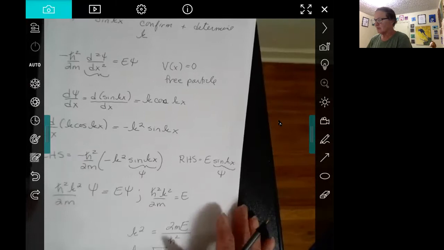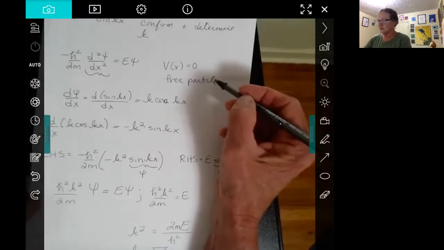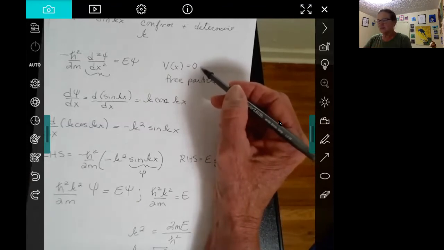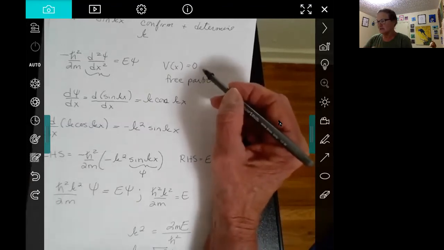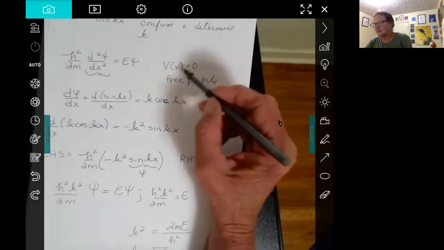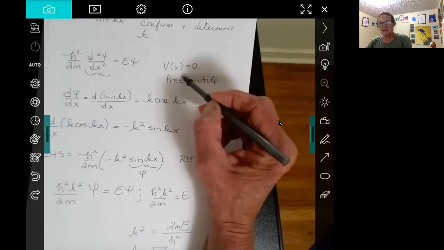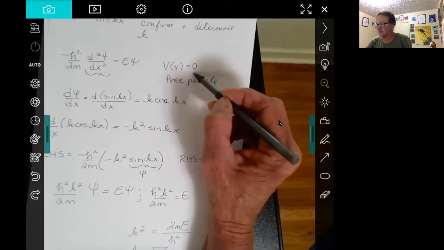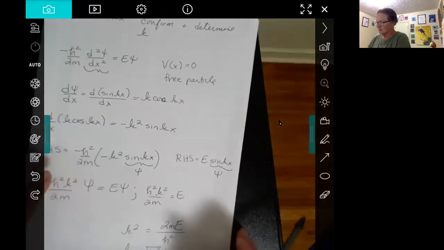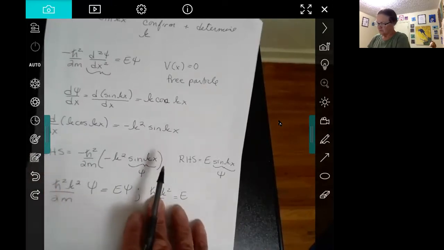So this is justification 7b.1 essentially. When you think about what it means for a particle to be freely moving, it means it moves in the x direction, but it never runs into and interacts with anything. It doesn't see any other particles or any other forces. So that means the potential energy in the x dimension will be 0. That means when we look at our Schrödinger equation,